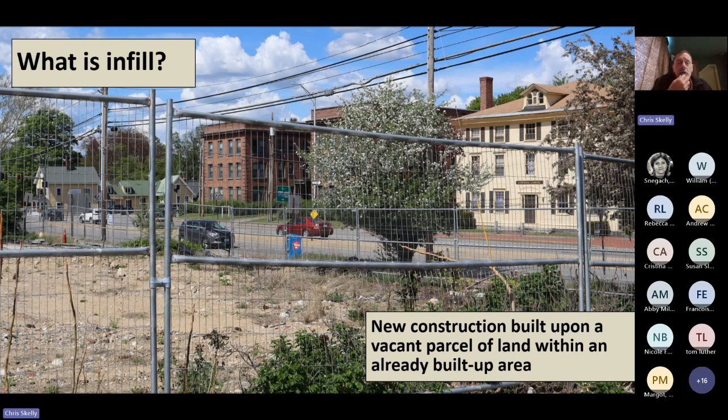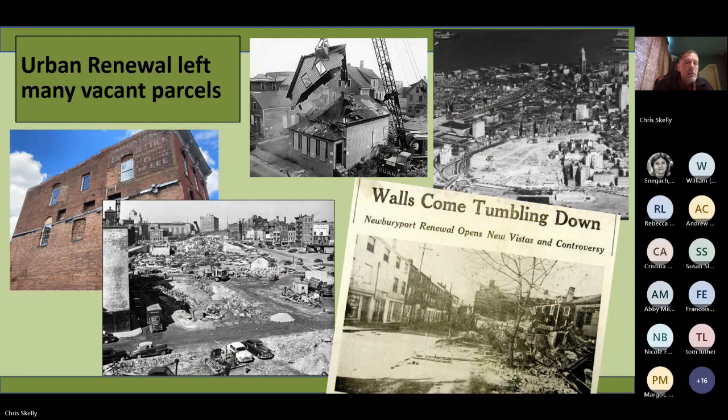This is basically new construction that's taking place in an urban area or maybe a village center, some sort of densely populated area where it makes sense to have some additional development. We have a lot of infill